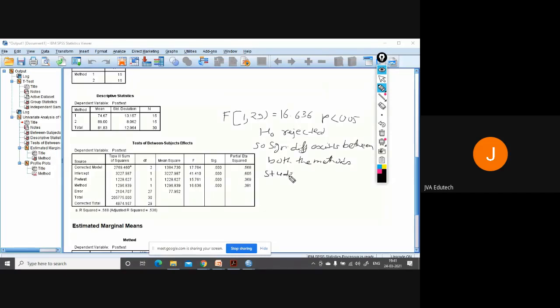Then from the mean value you can say students taking offline classes perform better than students taking online classes.